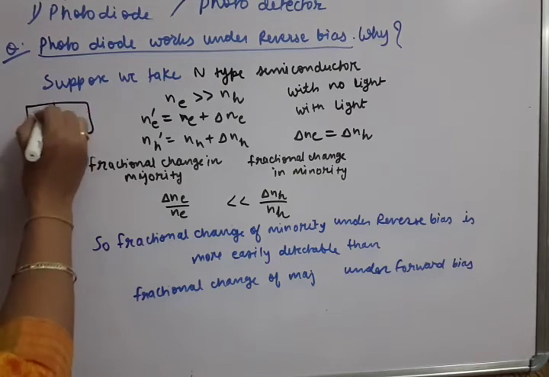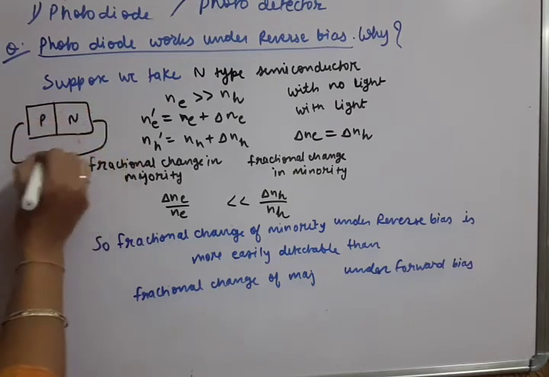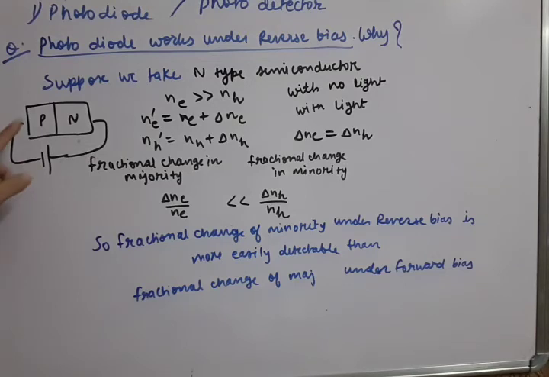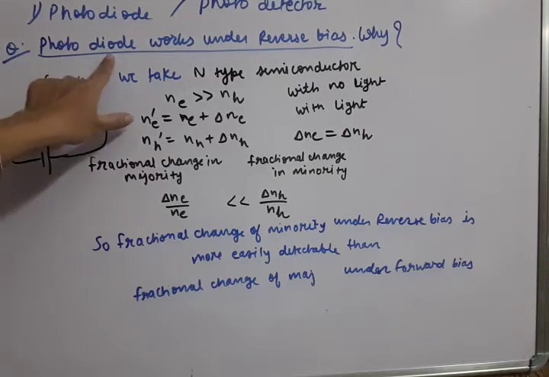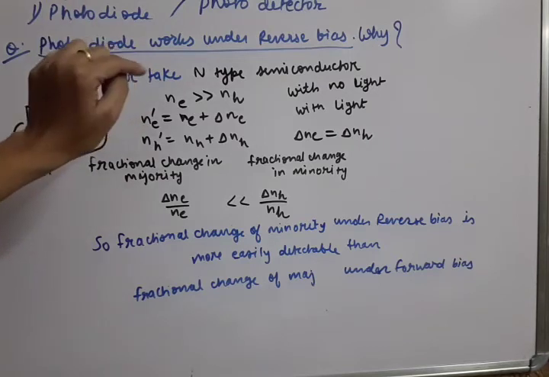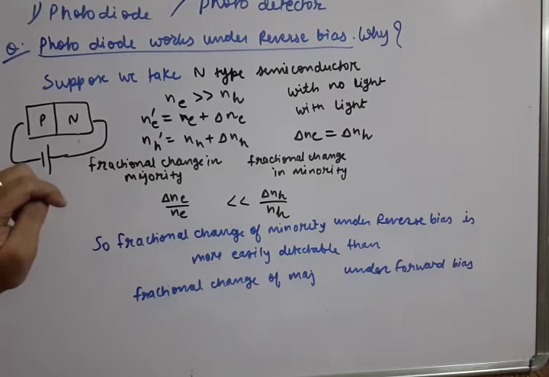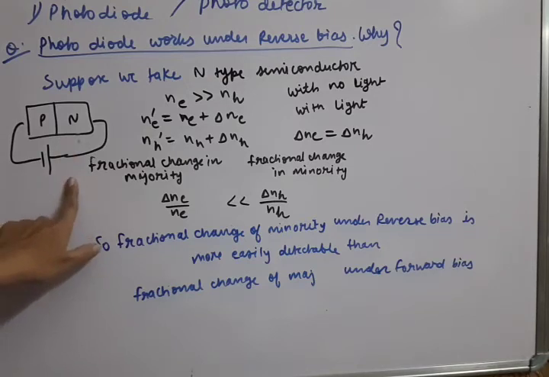Basically the idea is that this photodiode, we are connecting it to the reverse bias. That means P is connected with negative. So the idea is very simple. We want that the photodiode should conduct only due to light, not due to biasing. Overall the reason is that we want the current purely due to light. We don't want the current due to biasing. So obviously we need to take the reverse bias. If we take forward bias, then there is already a current.